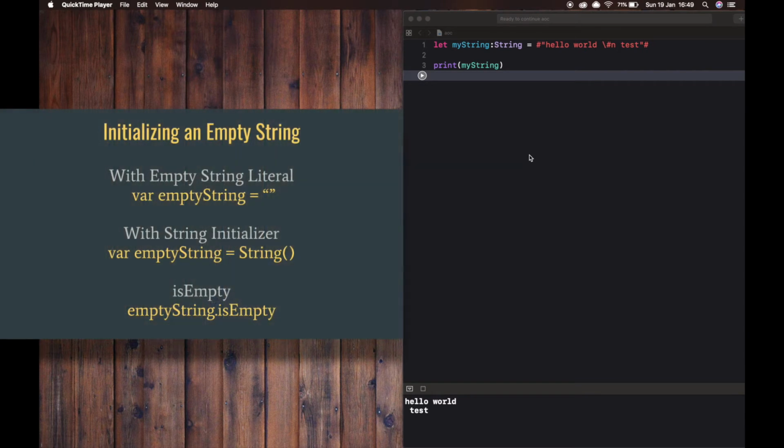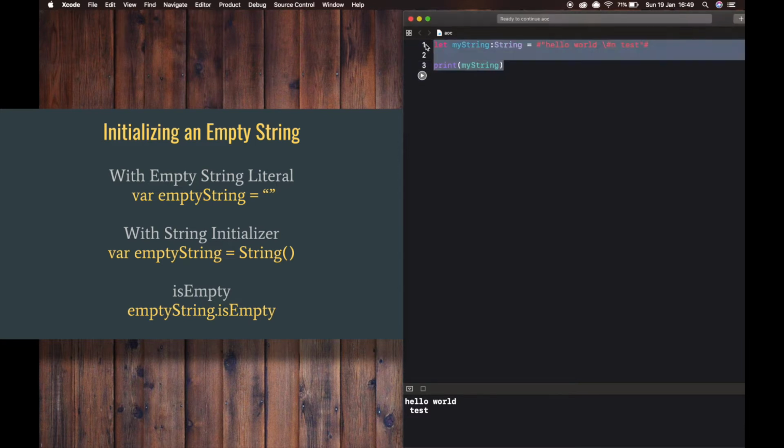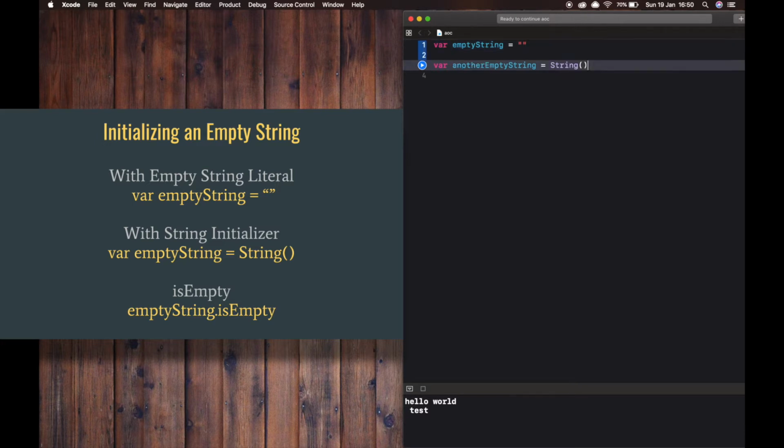To create an empty string, there are two ways you can do that. One, by assigning an empty string literal to a variable. For example, or by initializing a new string instance with initializer syntax. The first one is create a string with empty string literal.